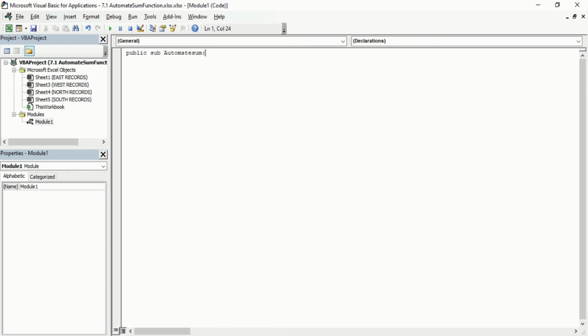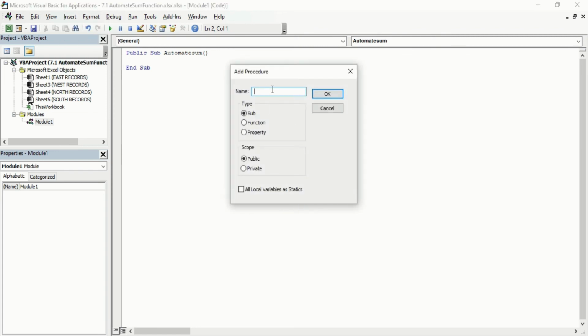Now after this I close the bracket and just press enter. Now you will see I have written a sub procedure. There is also another way that you can write a sub procedure. You can go into the insert tab, in the procedure section write AutoSum, and after that just select the type Sub and scope Public.